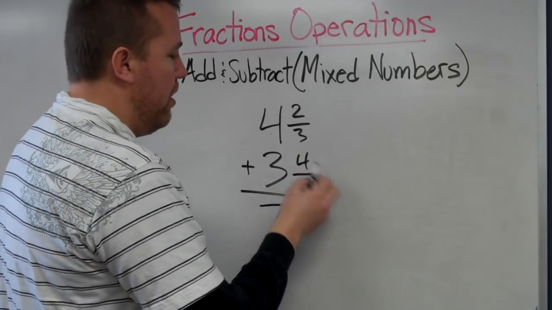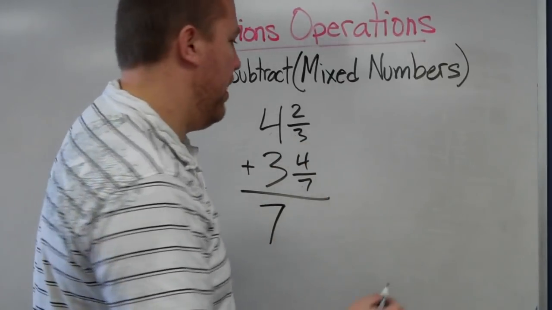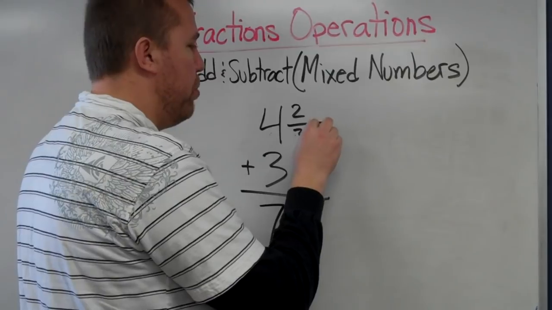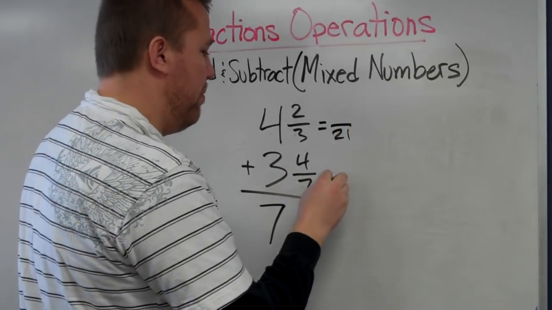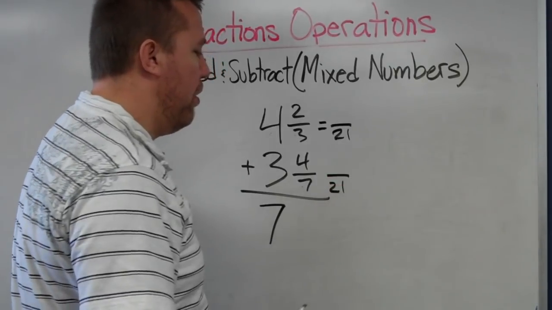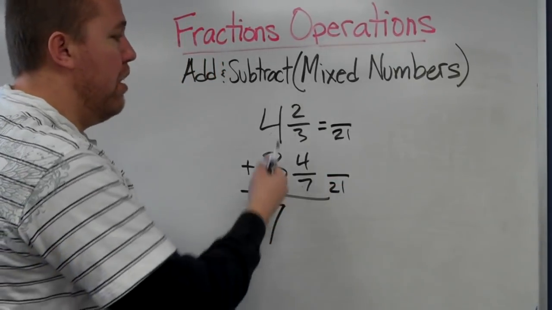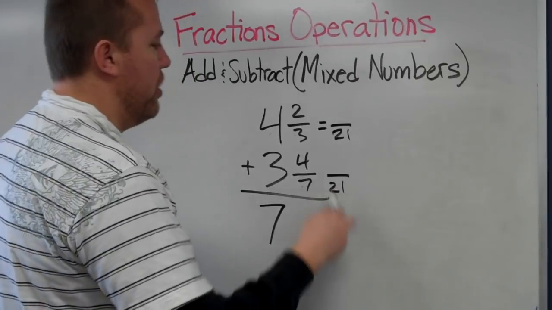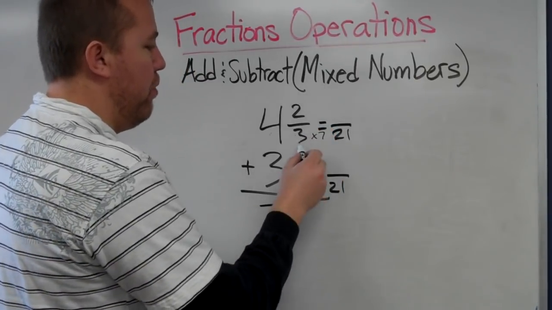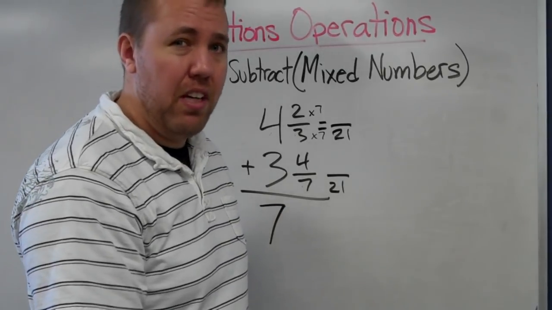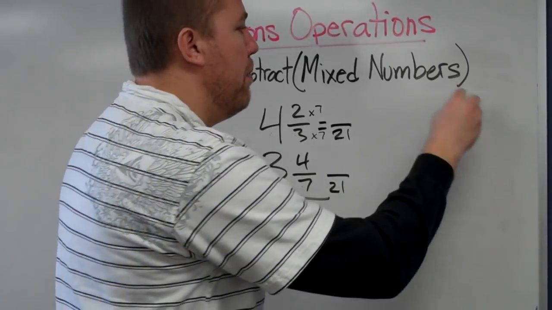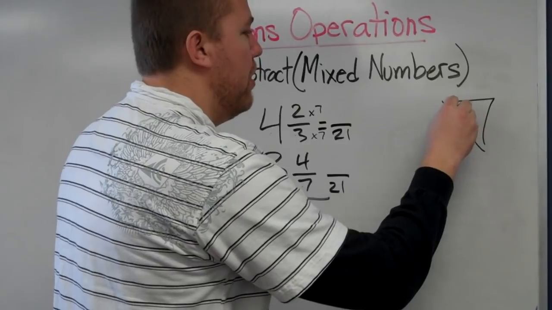Okay, I can just multiply those denominators. 7 times 3 equals 21. I know that 7 goes into 21 and 3 goes into 21 because, well, I timesed them together. So let's just make this an equivalent fraction. So I times the bottom, I fill in, well, 3 times 7 equals 21. If I times the bottom by 7, I have to times the top by 7, because any number